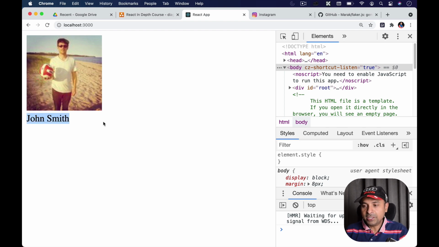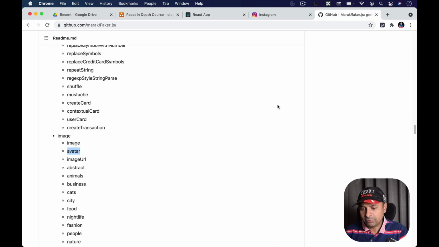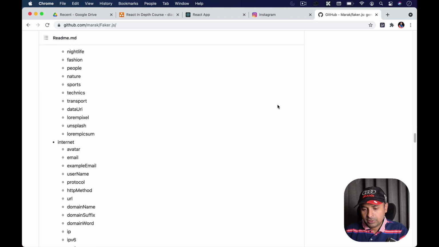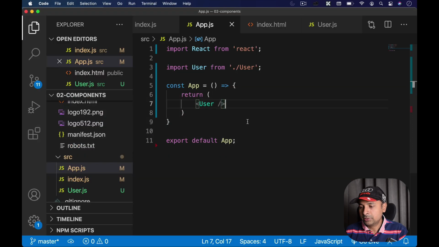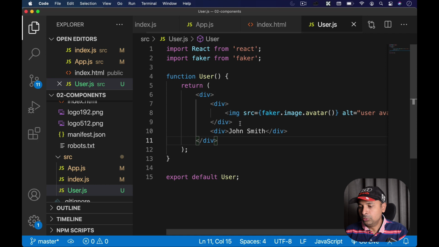Probably we can fake the name data also. Let me look at how we can fake the name data. There should be a name, username, email, avatar, username. Let's try to use internet.username to fake this name here. I'm going to go back to user and try to fake this username.